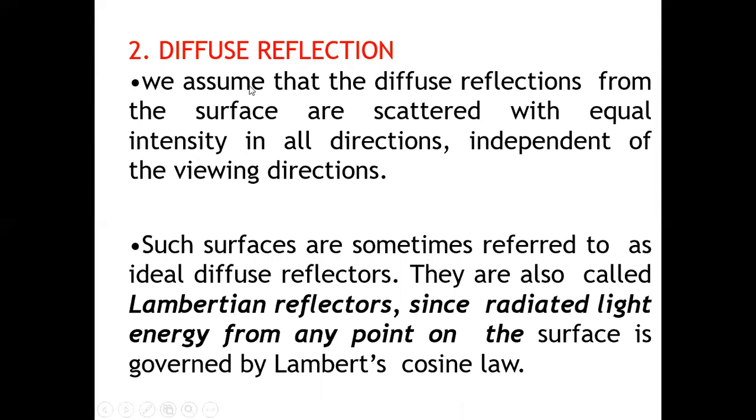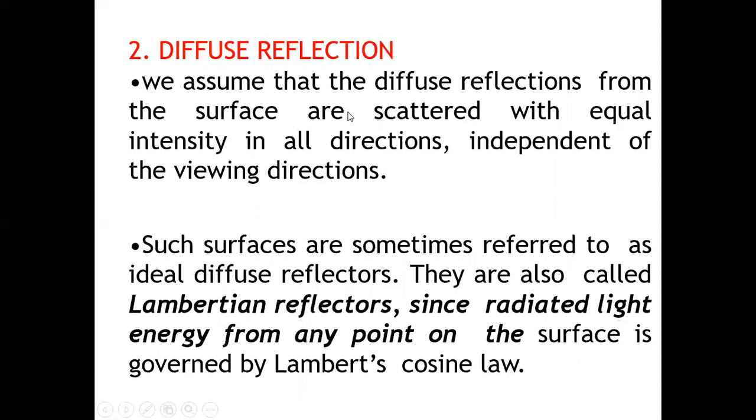In diffuse reflection, we are considering the surface. Whenever light is incident on the surface, that surface will absorb some light and reflect back the remaining light in all directions. Such reflection we call diffuse reflection. We assume that the diffuse reflections from the surface are scattered with equal intensity in all directions, independent of the viewing direction. So we are not considering the viewer here. Whenever light is incident on any grainy or opaque object,